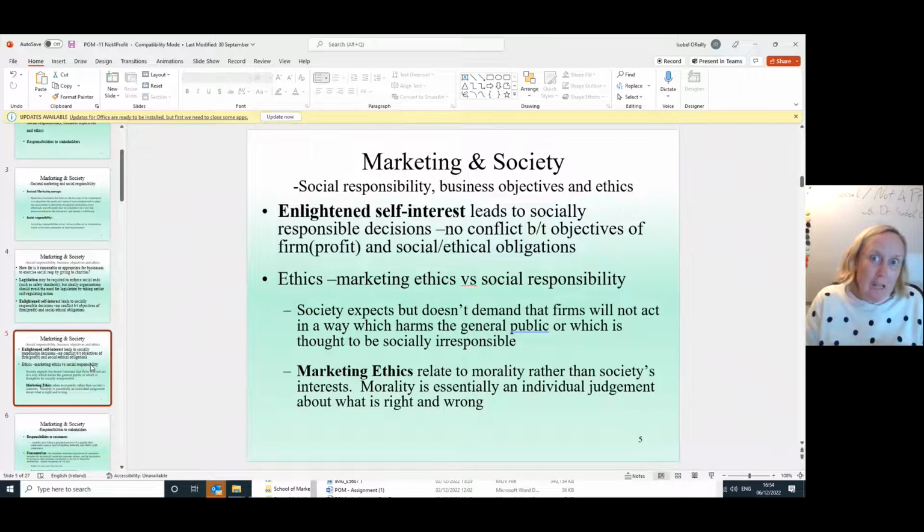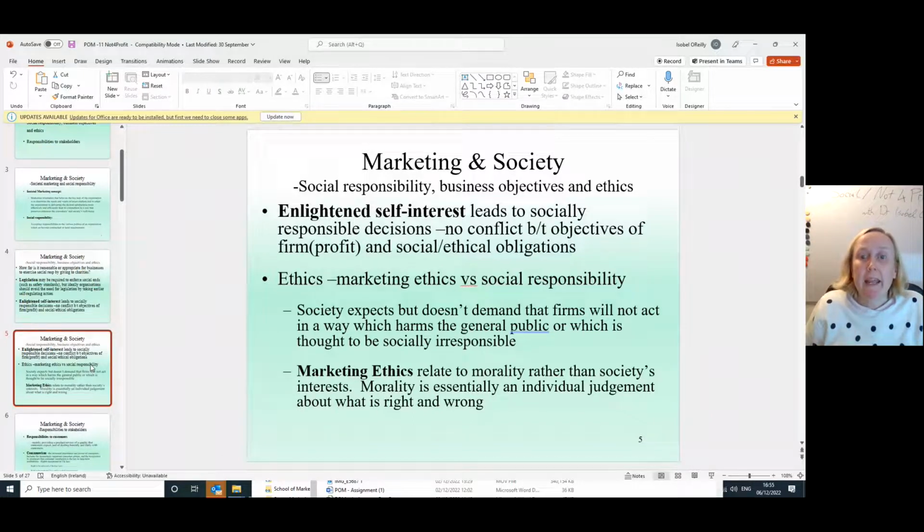So the law will legislate for some of it, but then society just hopes that some firms will be good in some of these other areas and go beyond the law. But it does not demand. If it demanded, then it would be enshrined in law. So it's companies who are taking it beyond the law that are engaging in good marketing ethics and socially responsible